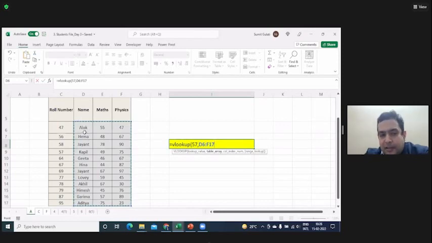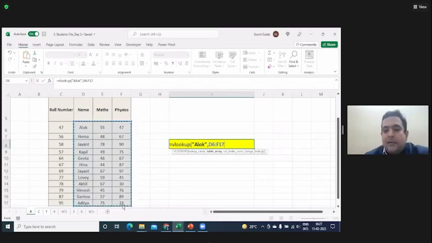In this name array. And if I want to look up for Alok in this range, I need to write it in inverted commas? Yes. You have to write Alok like this. But if I select the data like this, it won't work. No, it won't work. I have to select it from the name column, because it will only look in the leftmost column of the array. It cannot look from right to left. It will only look from left to right.